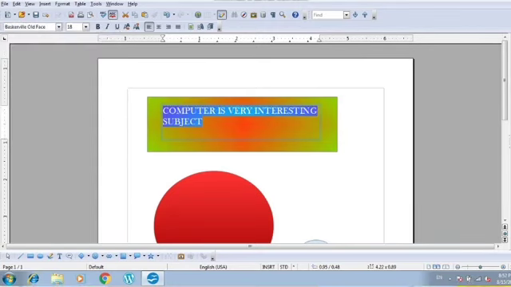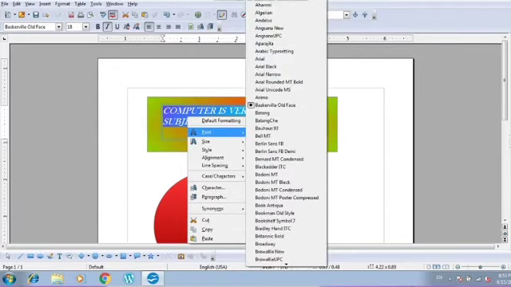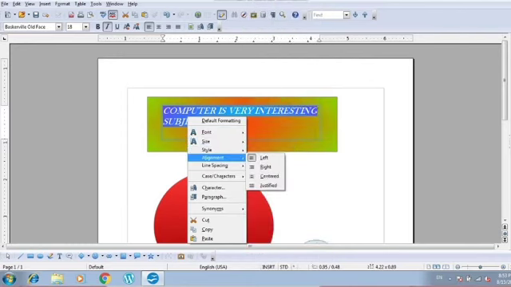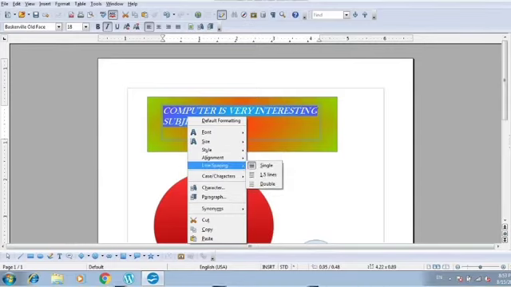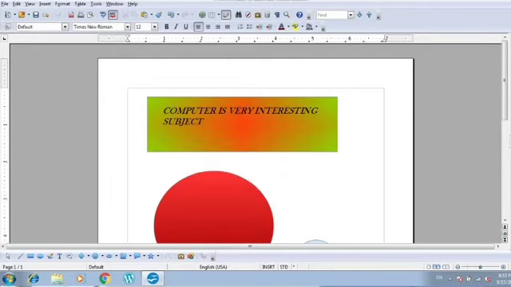So if I want to make it italic, I have done this. If I want to change the color, I can provide the color also. Alright, so this is how you can do it. You can also right click on the text and go to the font, and you can choose different kinds of font, size, style of writing, and alignment. The alignment can be right, left, centered, or justified. If you want to give line spacing, you can give the line spacing also. So this is how you can change it.